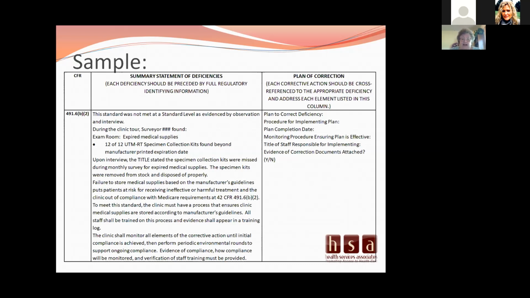Evidence of compliance, how compliance will be monitored, and verification of staff training must be provided. This is talking to you. This is telling you what you need to do to fix it. These are the things you don't want to ignore. And that's why if you don't address them on the right-hand side, they may come back and say, no, we need more detail. Any questions so far?